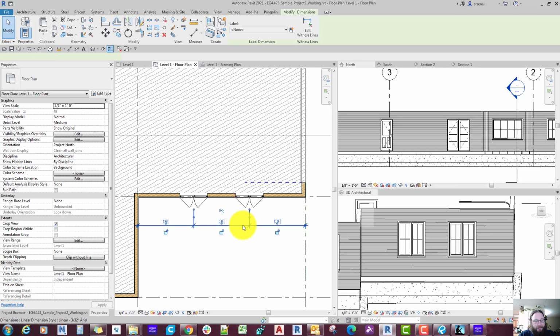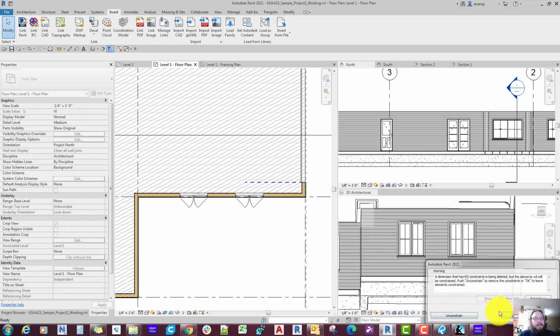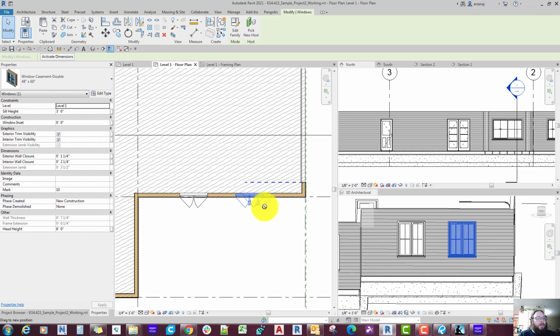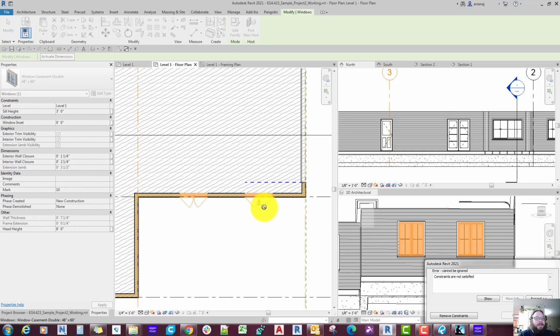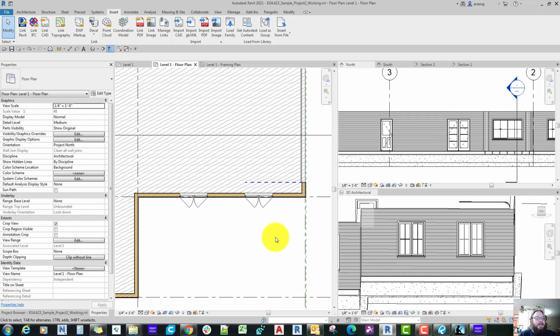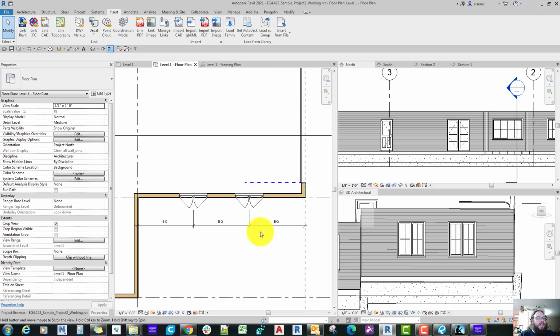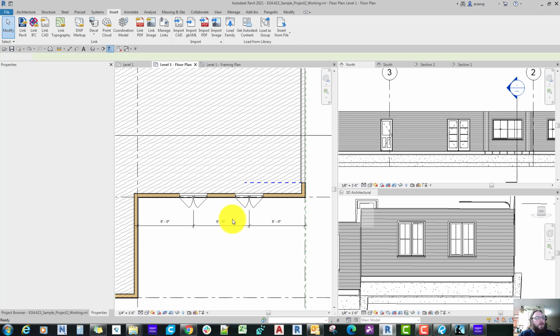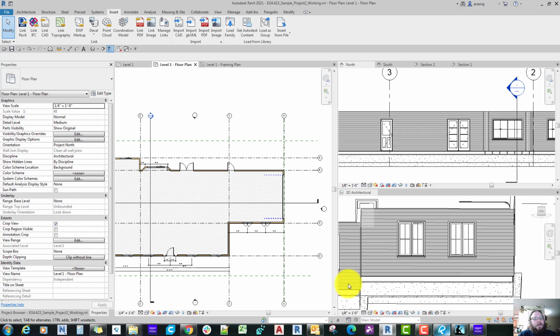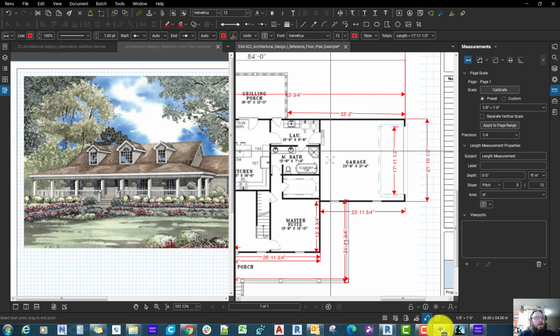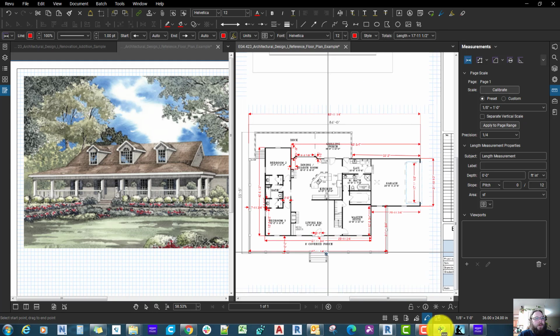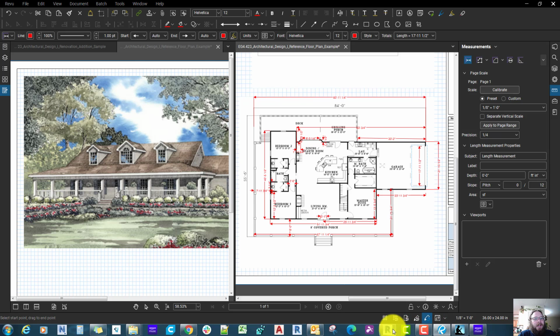If I were to delete and just hit OK, these elements will be constrained, and they'll say, hey, these are supposed to be equal. Do you want to remove the constraints? And then you can hit yes, or hit escape if you don't want to. So I'm going to unconstrain those, and let's see what other windows. So yeah, that looks like that's it for those windows. Now let's get into making